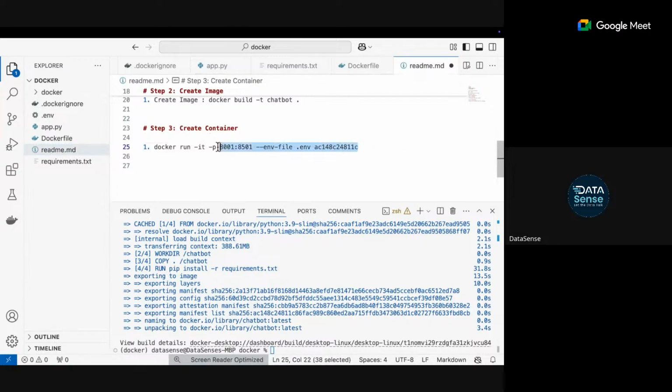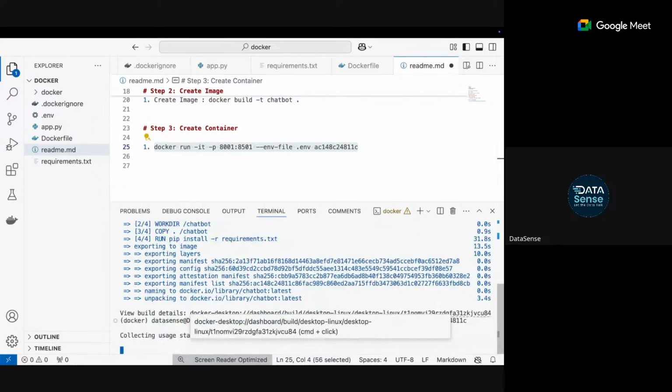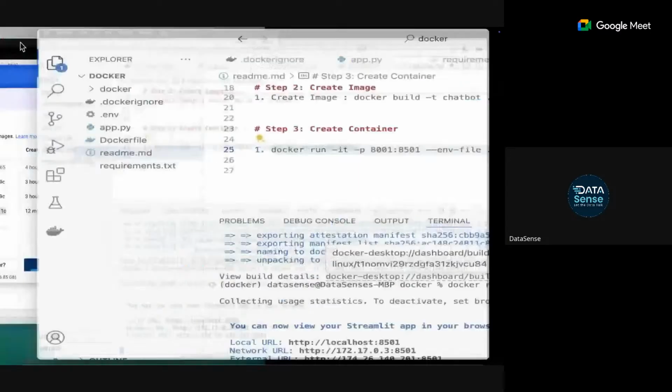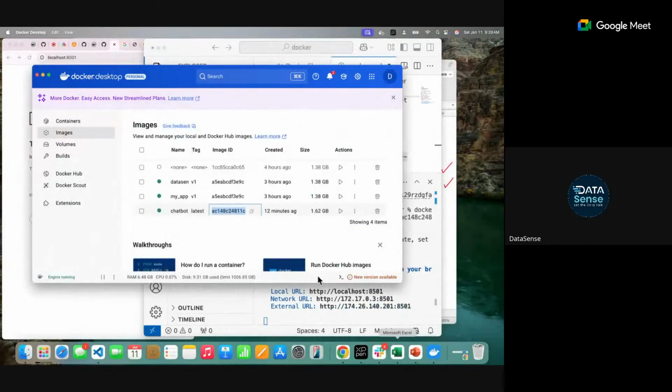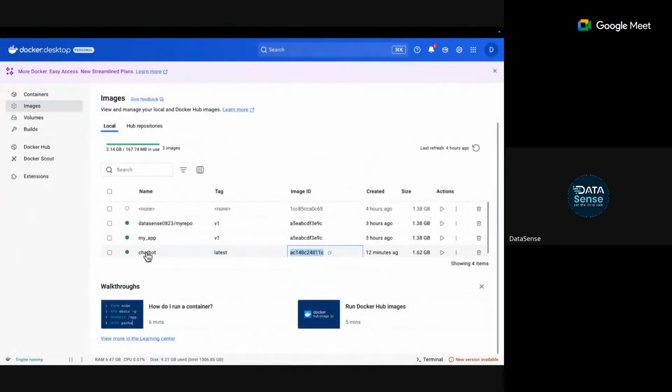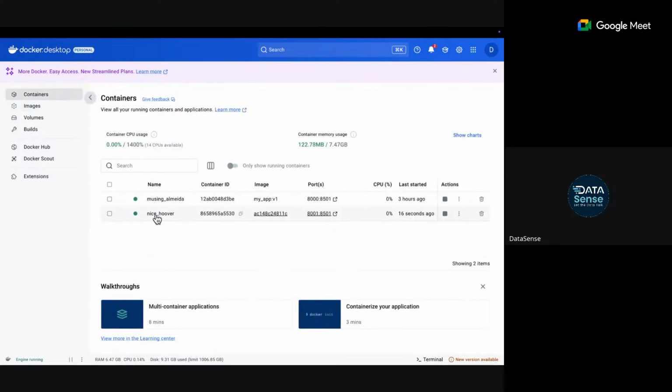Now just let's run it. Let's see what comes. So see, my container is running now. Before I show you anything, let's see if my container shows running or not. Now, if you see, there is a green signal here that this image has a container running. Let's go and check the container. Yes, this container was just created 16 seconds ago.